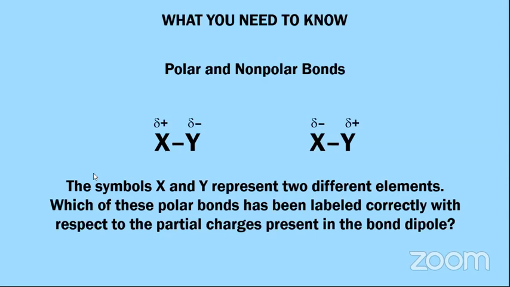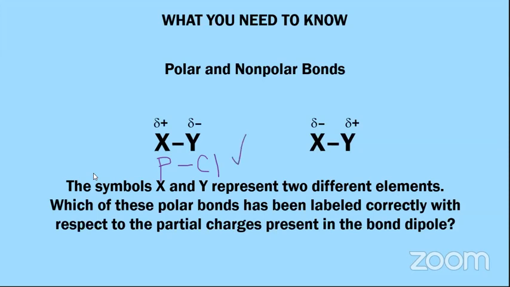So let's go ahead and give you some examples here. Suppose that we have, let's say, phosphorus, and it's bonded to chlorine. Now, phosphorus and chlorine are in the same period, and since chlorine is further to the right in the periodic table, that would mean that chlorine is, in fact, more electronegative than phosphorus, and that would be a partial negative